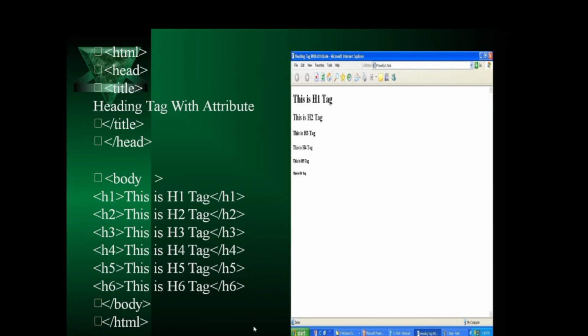Now you have seen the example of the heading tag here. So here you have seen in this body every heading tag needs to be closed, okay? Here you have seen h1, the element which we have written in the h1 tag. It shows the bigger size, okay? Here h6 is the smaller size, okay? So it defines the category of our heading.